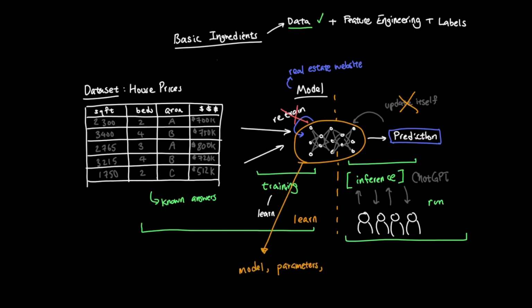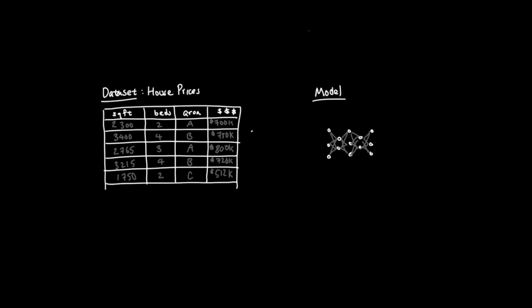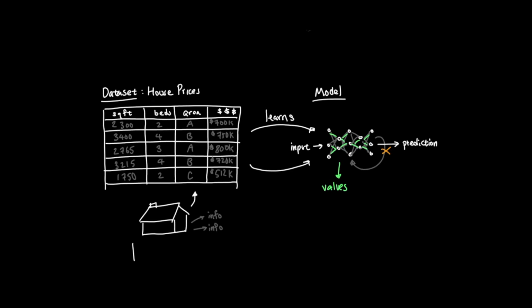This brings us to models, parameters, and weights. When a model learns, it is not rewriting itself like a programmer editing code. What changes are internal values that the model uses to turn inputs into predictions. At a high level, a model is part of a machine learning system that takes features as inputs and produces a prediction as output. In our housing price example, the model takes information about a house and predicts its sale price. Under the hood, the model is doing math.